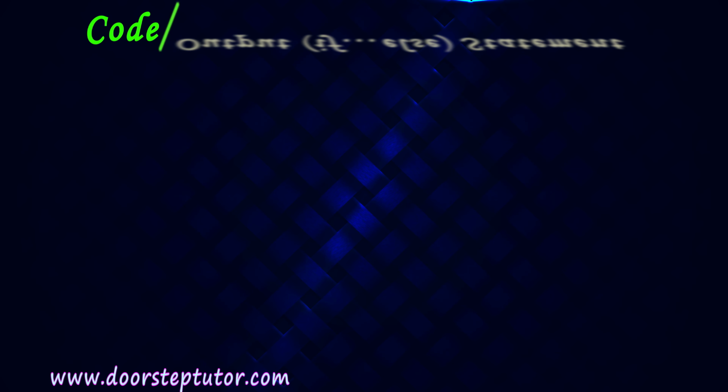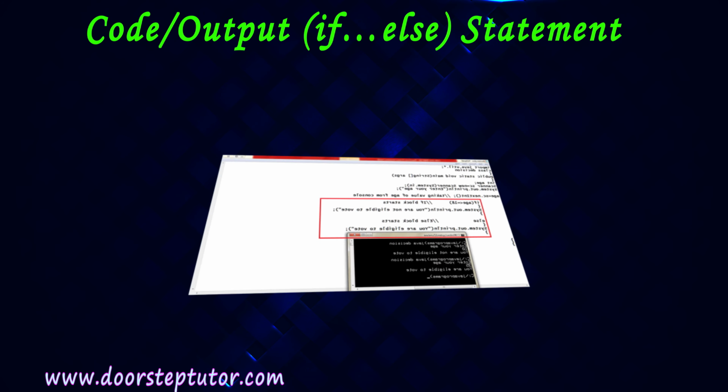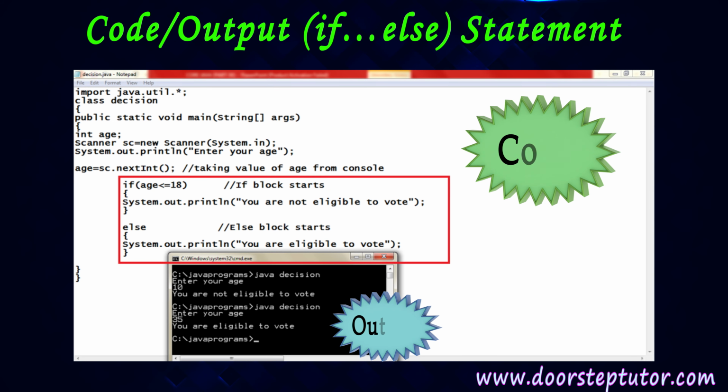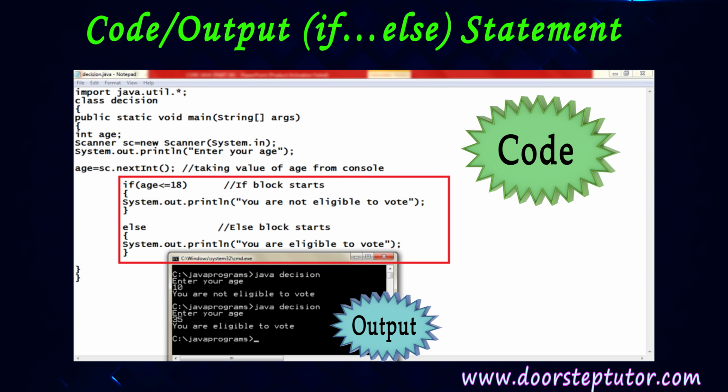So next we can check how to use the if statement. We have one value, age, using the scanner class, an integer taken as input from the user using the keyboard. If an age less than 18 is entered by the user, then a particular statement will be executed, like you are not eligible to vote.